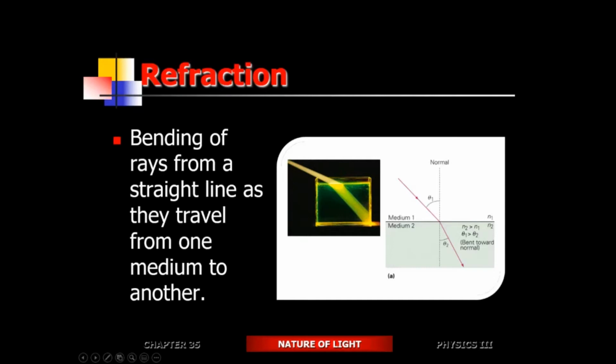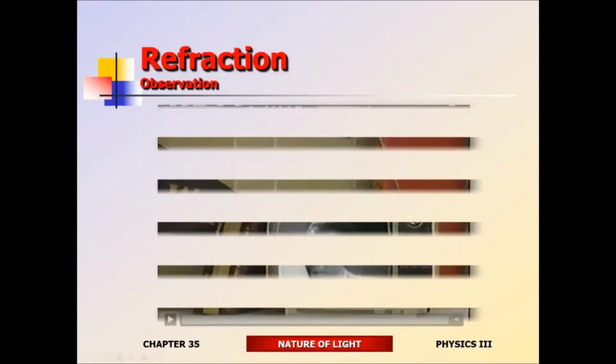All right, so now let's reverse the process. If the light is coming from a denser medium into a less dense medium, it's going to bend away from the normal, so it's going to get refracted away. If it's entering into a denser medium, it's going to bend towards the normal, which means that it's going to get refracted towards the normal.